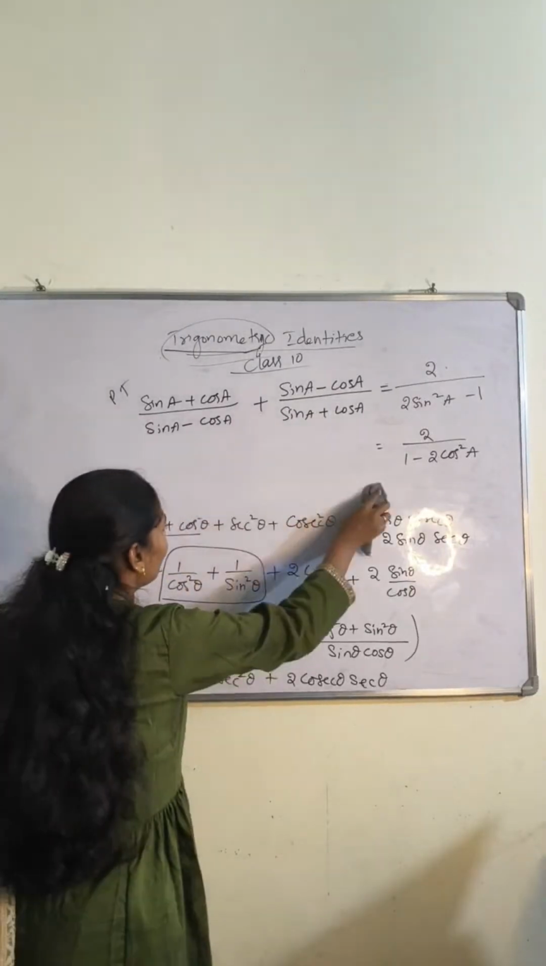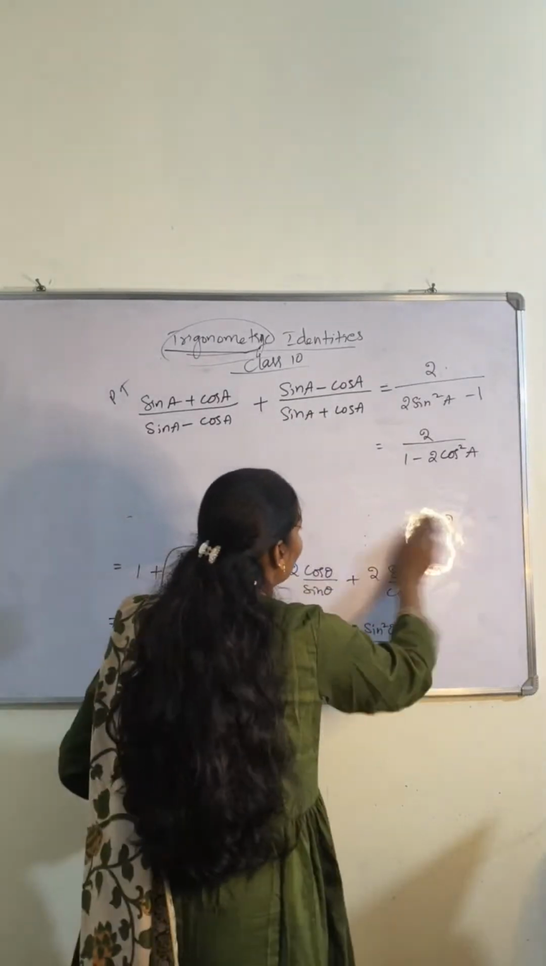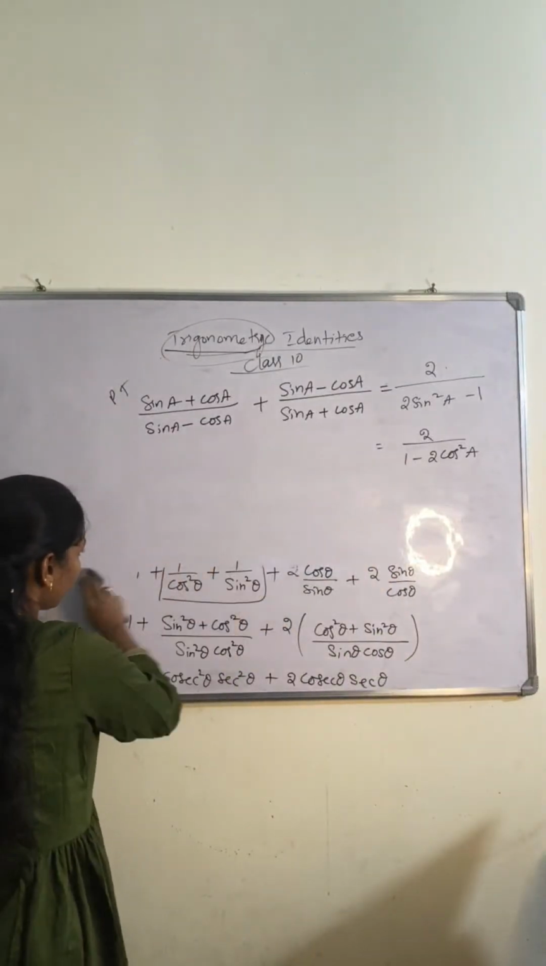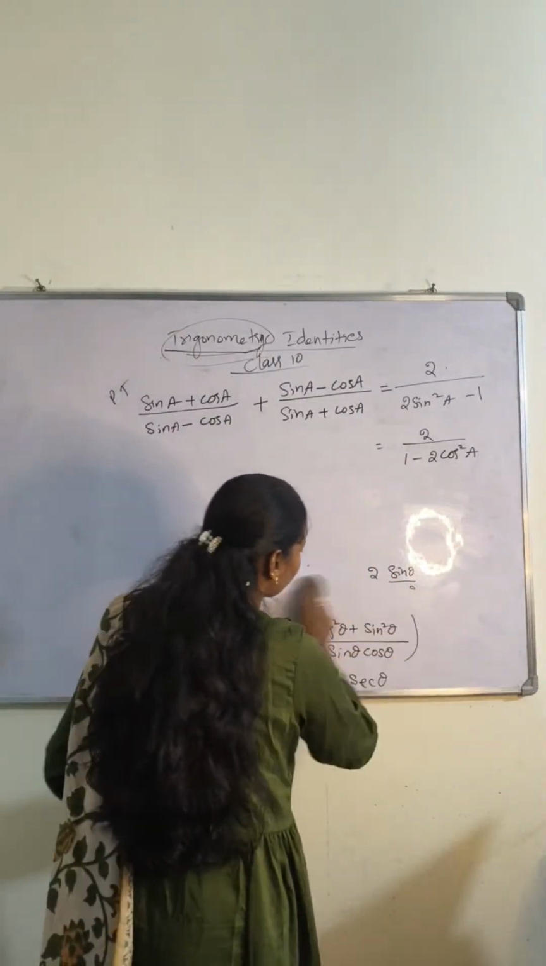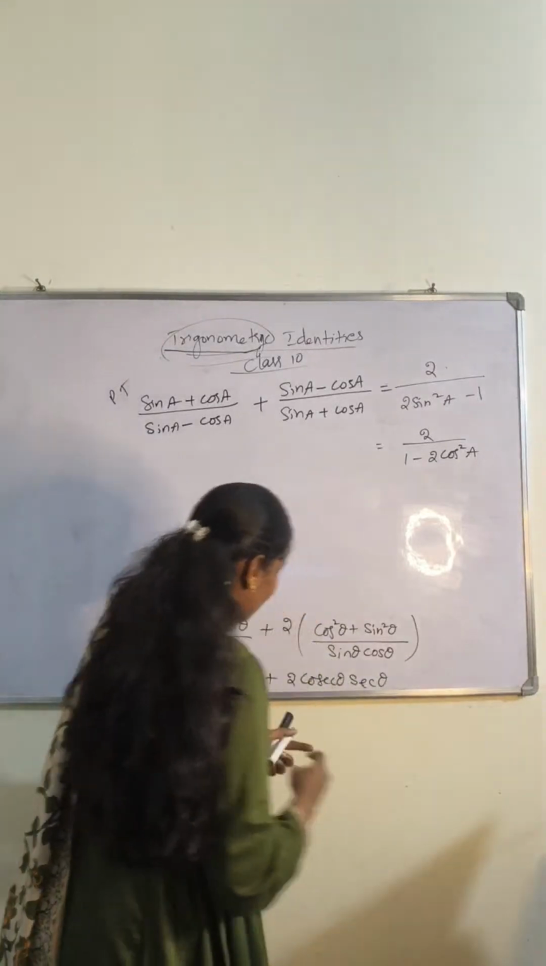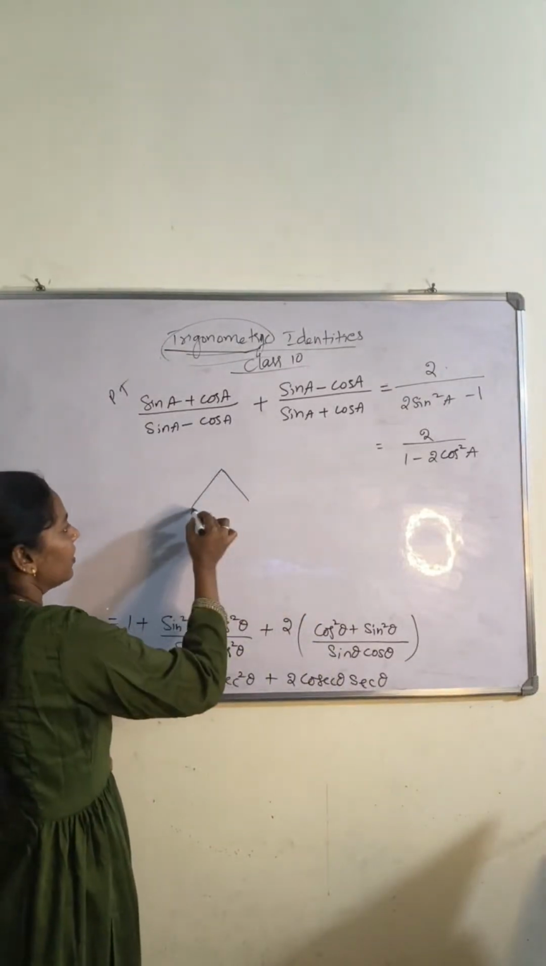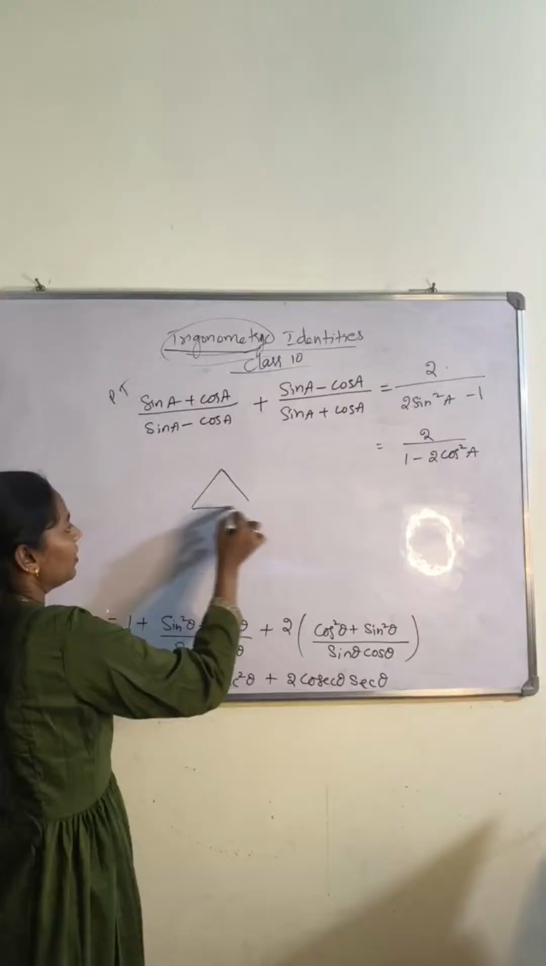Let me reveal the answer for the puzzle. Your puzzle was to bring a perfect square using the triangle that I have given. So a triangle is given. I want